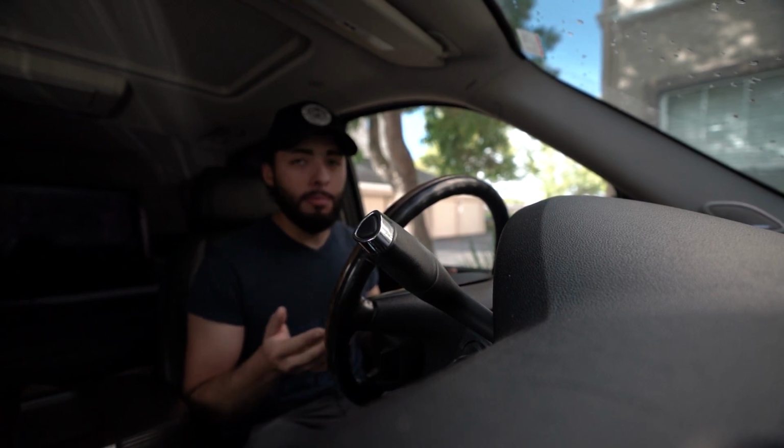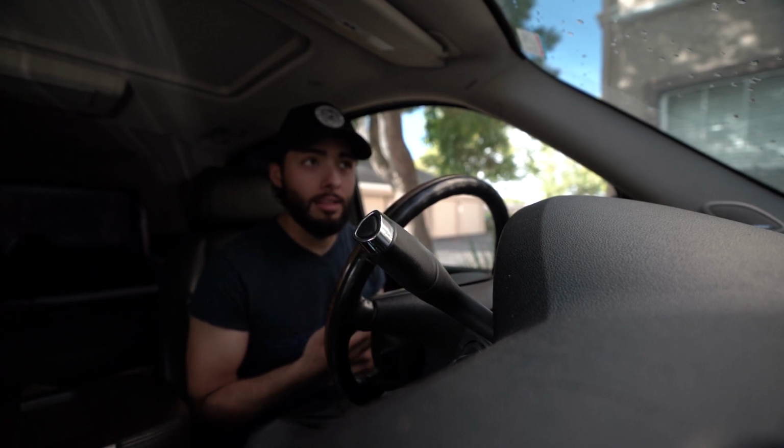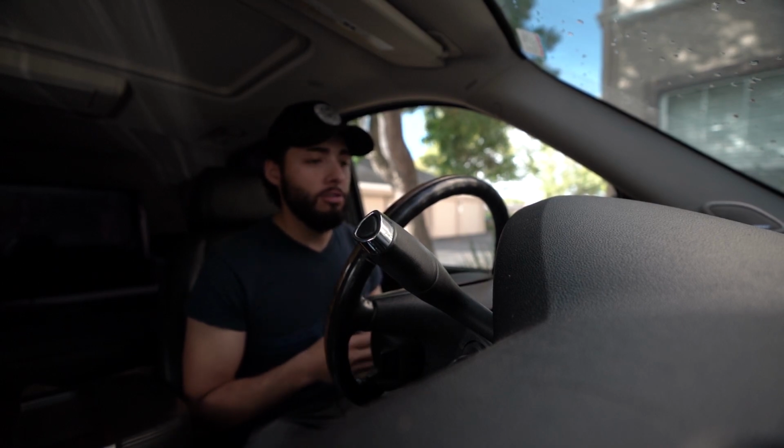Also because it's been in my family for a while. My parents have had this car for like 10 plus years. Like I said, it's a 2007. I think they got it off a lot. I'm not entirely sure, I don't remember. But they've been the sole owners of this. It's really well kept. The only big issue with this car is that we did replace the O2 sensors with